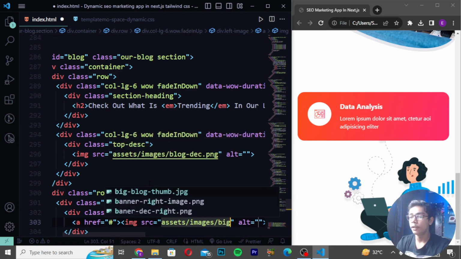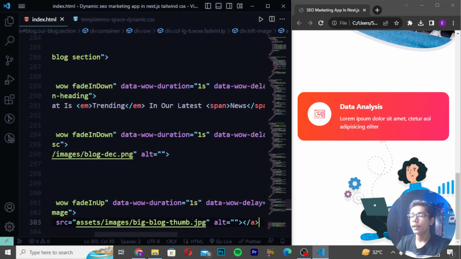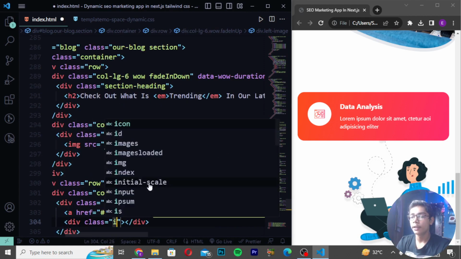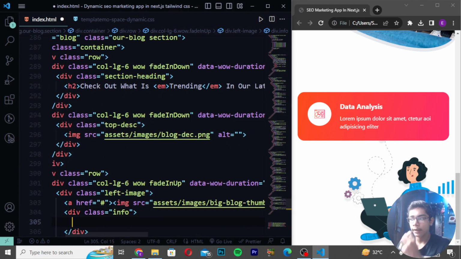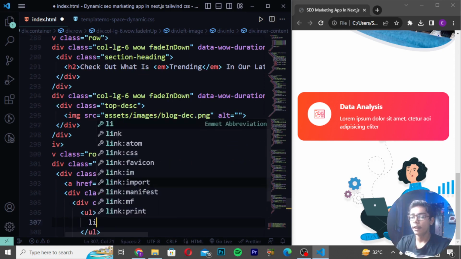Then I will be now writing here a big block, hum.png or jtag. Then I will be moving down after this tag and write here div class info, and then you have to move down, and here you have to just now write div class inner content. So when you have done that, you have to now move down and write li tag,